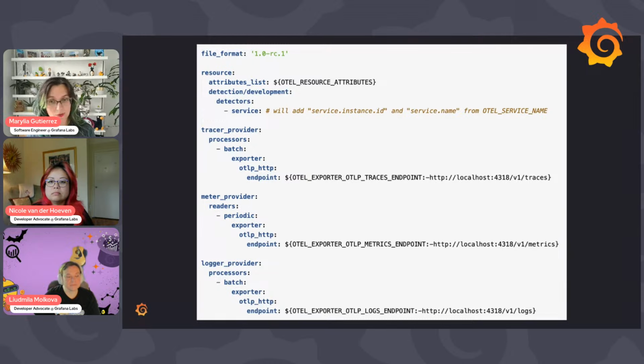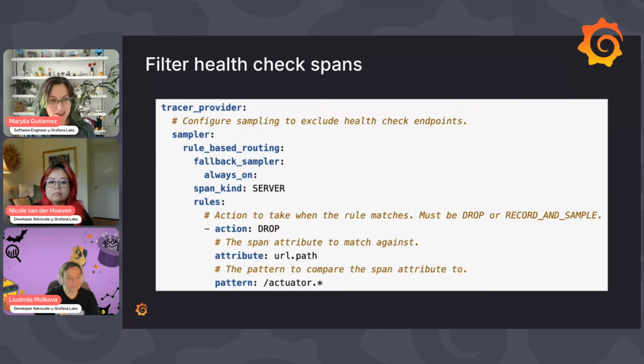The next one that I want to show is an issue that was opened on the Java repo 5 years ago that was just saying, I just want to filter out health checks. I don't want to be sending traces for them. It doesn't make sense why I'm consuming resources to send this. And there was no easy way to do this. But now with the config file, you can, because in your file you can say, in my tracer provider, I want a sampler. Here you can see the rules. I want to drop when this attribute matches this pattern. So it's now more straightforward, you can just say, follow this.